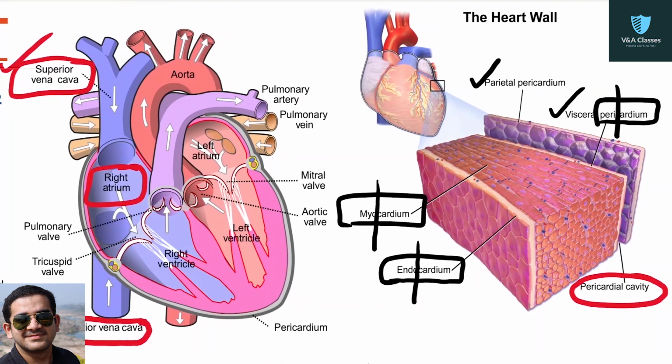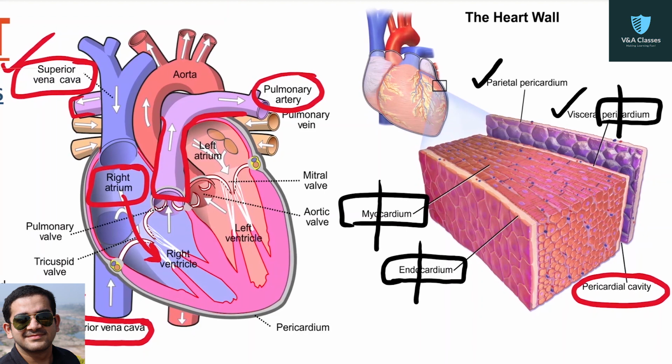So superior vena cava and inferior vena cava bring all the deoxygenated blood into the right atrium, and from here the blood will go into the right ventricle, and from the right ventricle this blood has to go where? It has to go to the lungs for oxygenation. How will it go to the lungs? It will go with the help of this vessel you see here. What is this? This is the pulmonary artery. This is the main vessel that is exiting the right ventricle, which further divides into right and left for both the lungs.